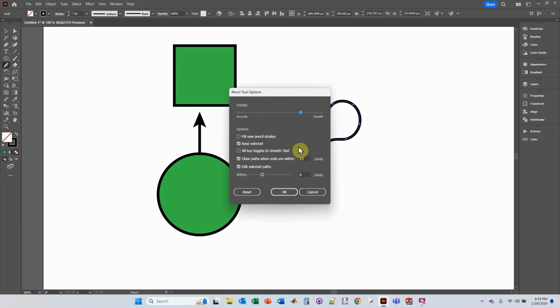If I press enter, I can get back to this tool setting menu, and that's true for many of these options over here on the left. If you click on the tool and then press the enter key, you get many more options that you can fine-tune that tool with. So I'm going to move this over to the left to make it really accurate,